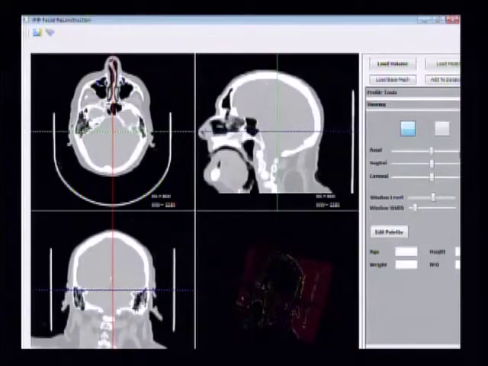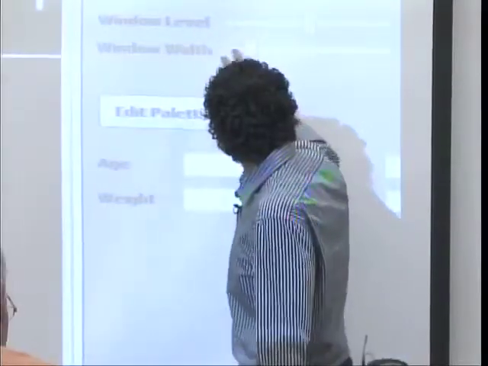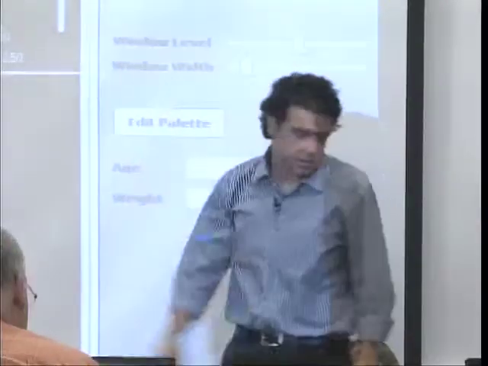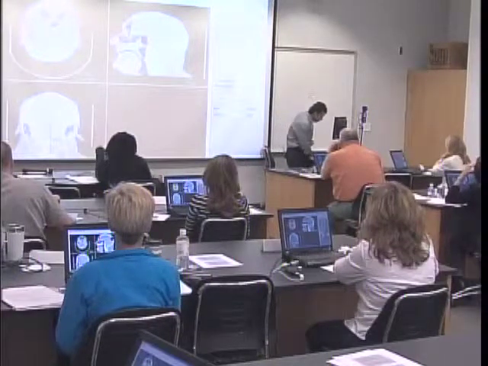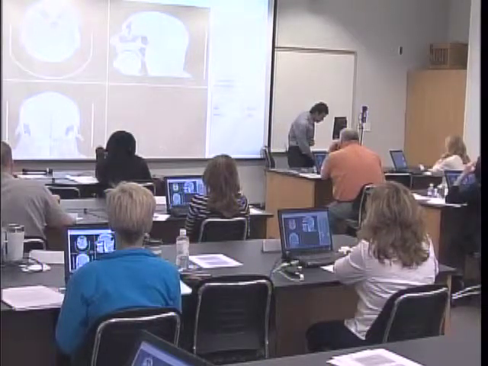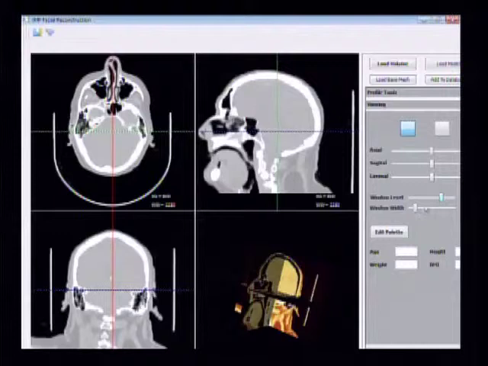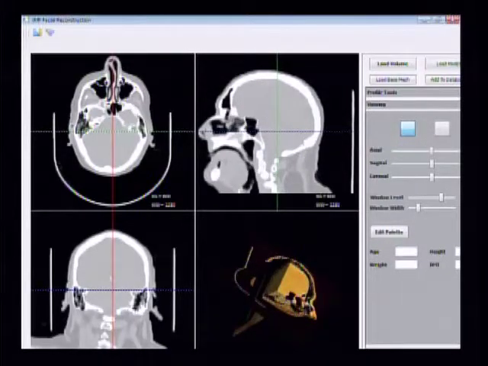I guess you can't see it from here because of the resolution, but you should be able to see it on your screen. If you go on the viewing tool, you'll find a few sliders. The two bottom sliders correspond to the window level and the window width that Dr. Mahfouz spoke about yesterday. You remember in the CT? So let's move the slider window level to the right,